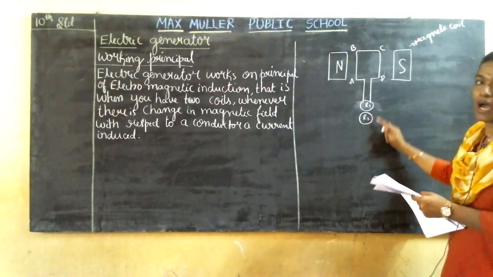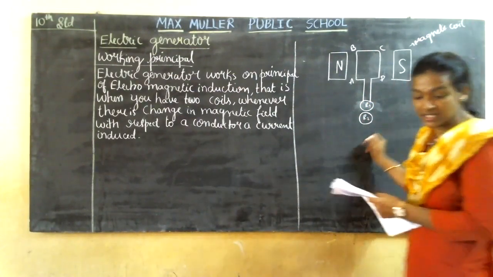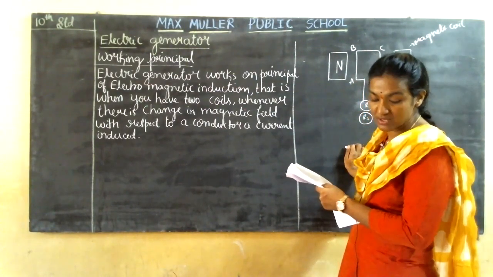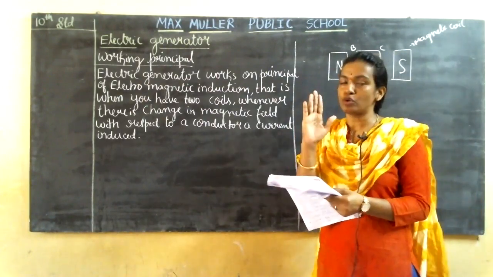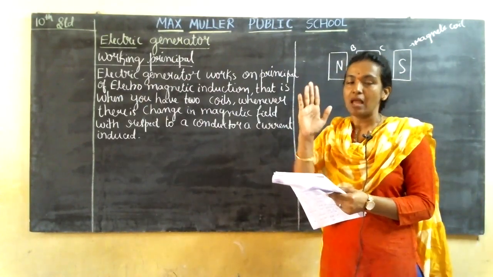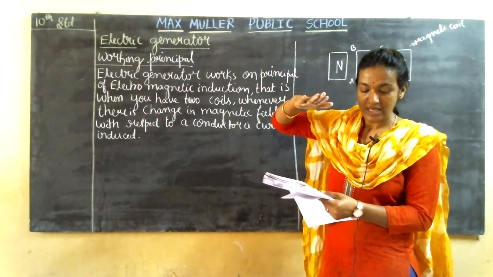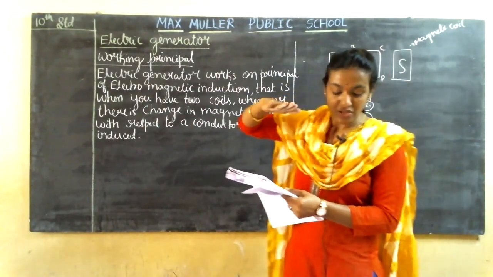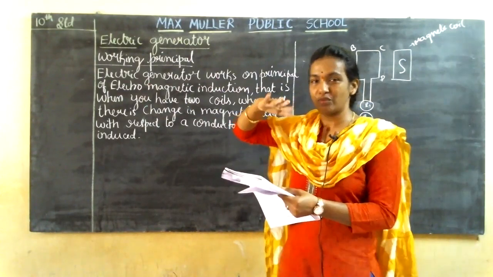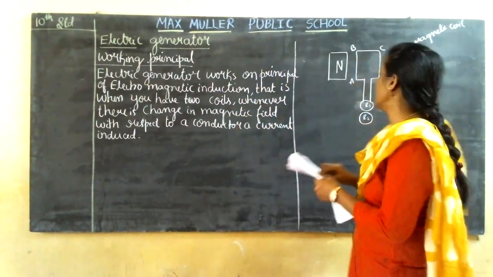I have taken it as R1 and R2. By seeing the diagram in your textbook, don't get confused. They have kept it like this, but we are going to draw it in the book or paper differently, so it is very easy for you to understand. Don't get confused, guys. You can draw like this also. You get the marks. Clear?